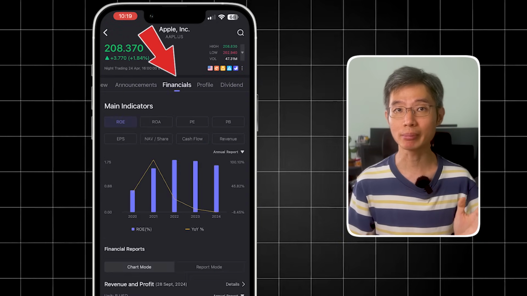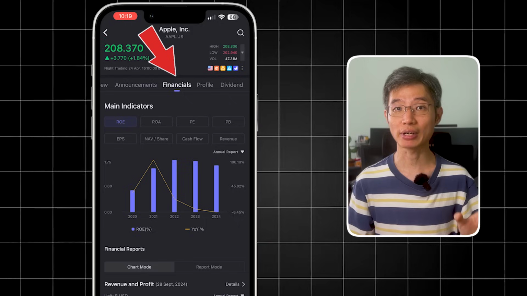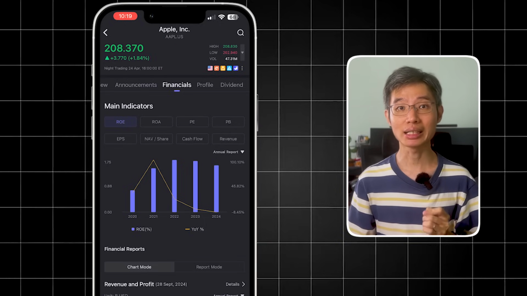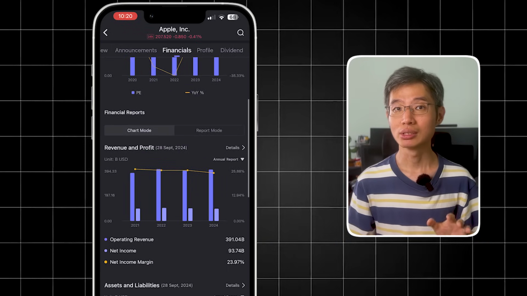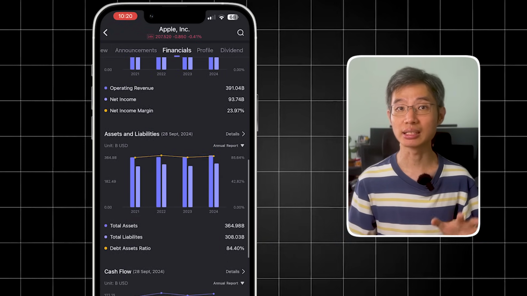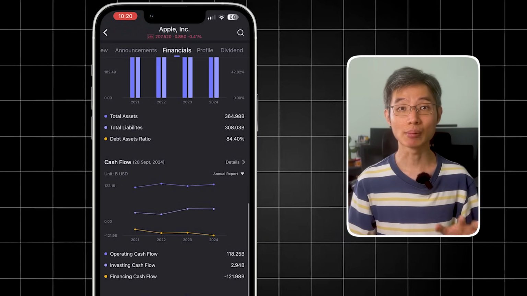Over in the financial tab, you'll find all the important financial information about the stock. This includes key financial ratios such as ROE, ROA, PE, and so on. Then if you scroll down, you'll see the financial reports presented in simple, easy to read charts that make analysis